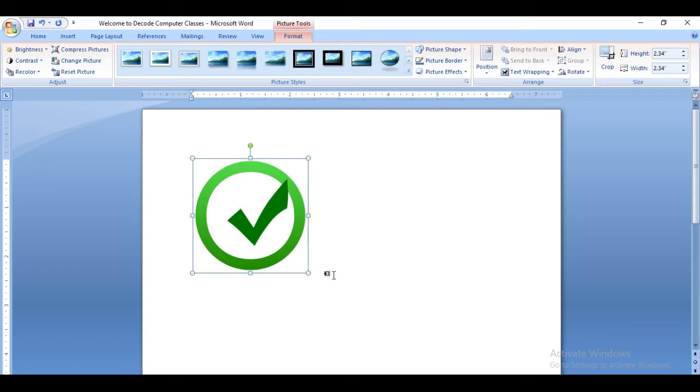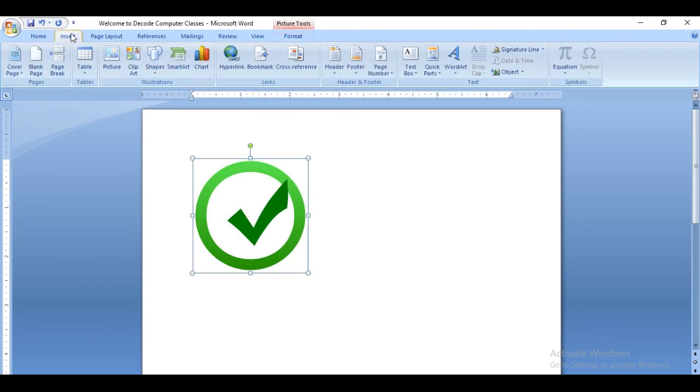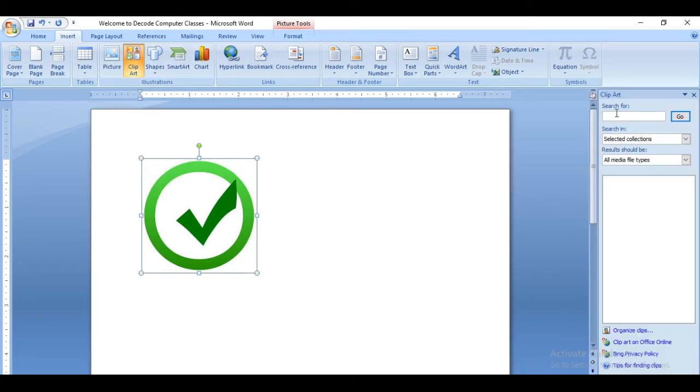Now move on to the next option. There are predefined pictures: go to the insert option and the clip art option. Select the clip art option and you notice that the clip art window opened on the right side, right?